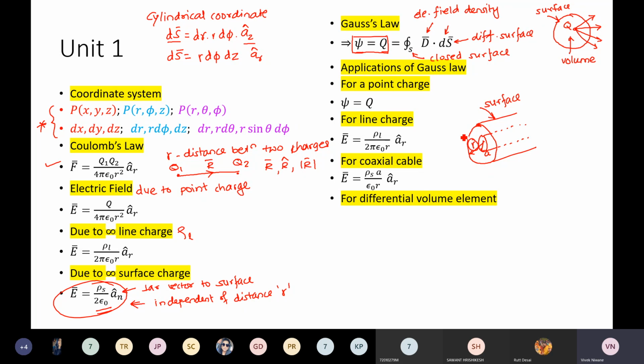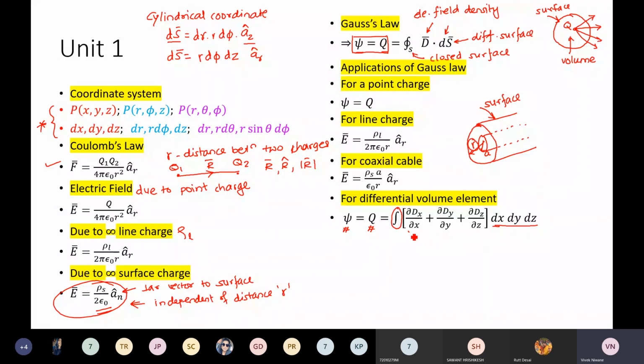Then we have seen that for a differential volume element we can define the number of flux lines. The number of flux lines will always be equal to the amount of charge enclosed within the volume. So we have a certain volume dx dy dz. Okay, यहाँ पे क्या है? टोटल नंबर ऑफ फ्लक्स लाइंस, टोटल नंबर ऑफ चार्ज. ये था डिफरेंशियल वॉल्यूम. Therefore we do have integration over here so that we will get the complete volume.